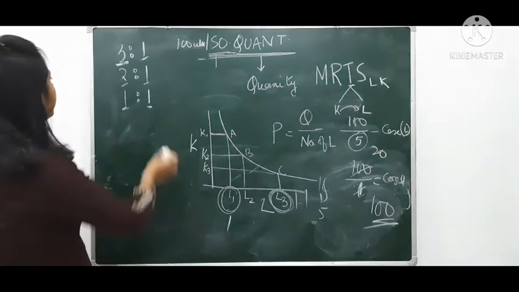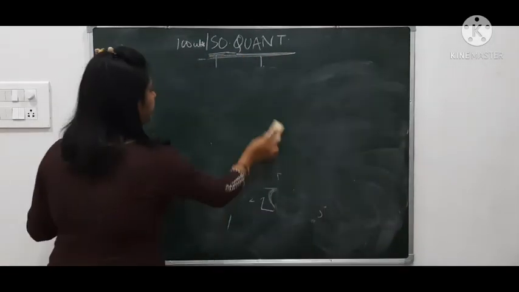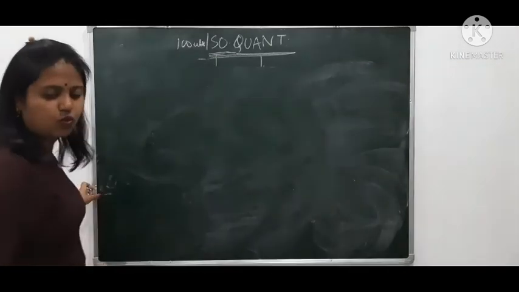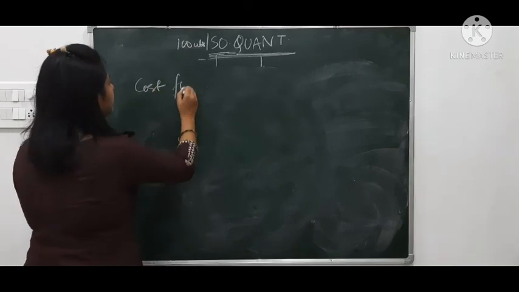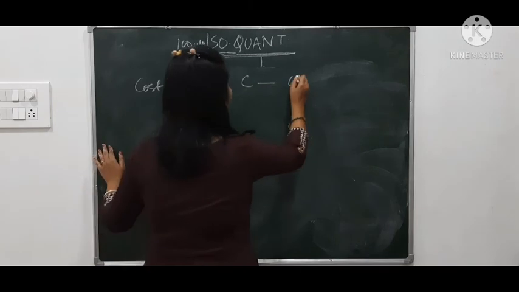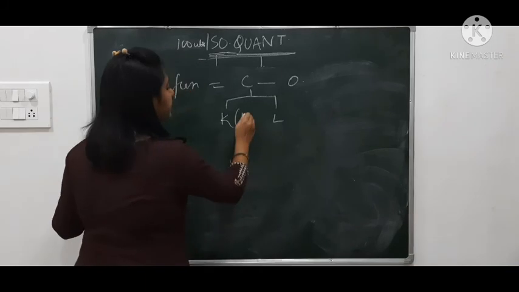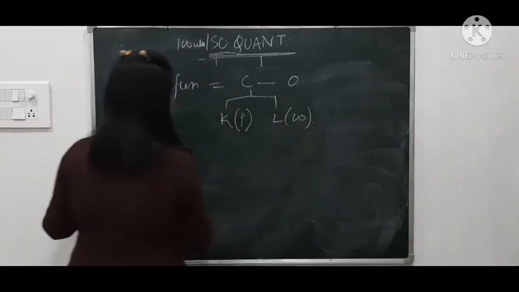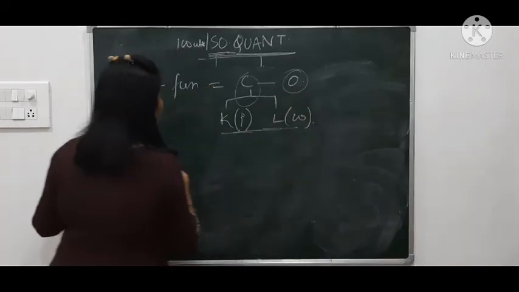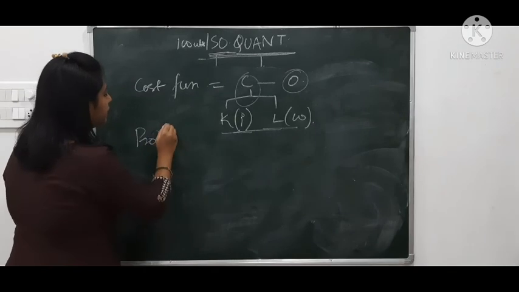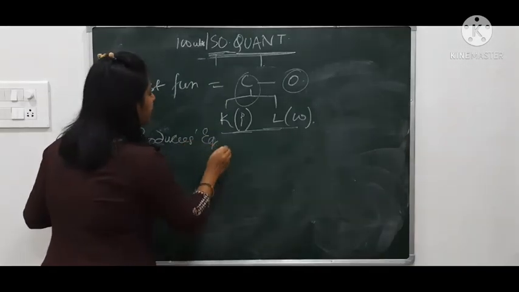So very quickly let us revise what we have seen so far regarding isoquant. First, what we have seen is what a cost function is, and I told you the cost function is nothing but the cost-output relationship. Cost means you are taking capital and labor. For capital you pay interest and for labor you pay wages. You are trying to get the best combination of this cost which can produce the output. For that you have something called producer's equilibrium. How to derive the producer's equilibrium?